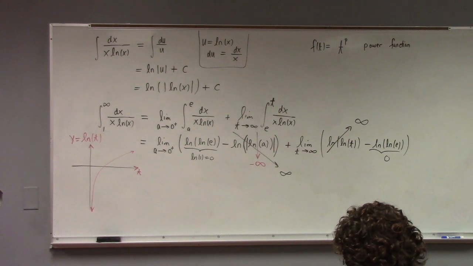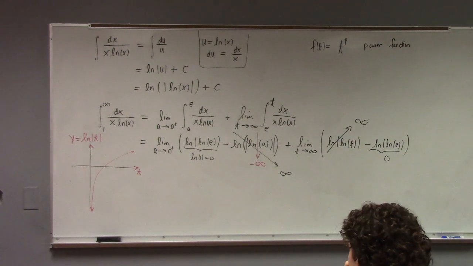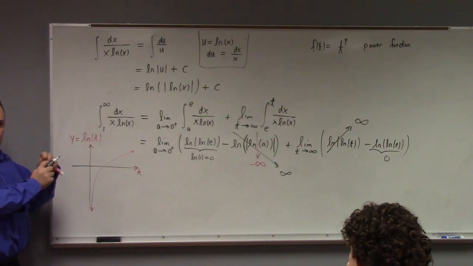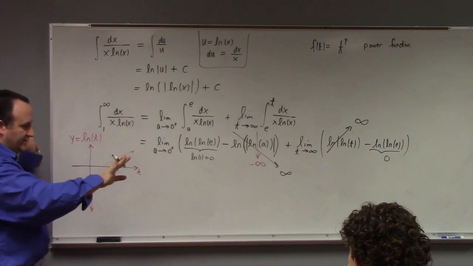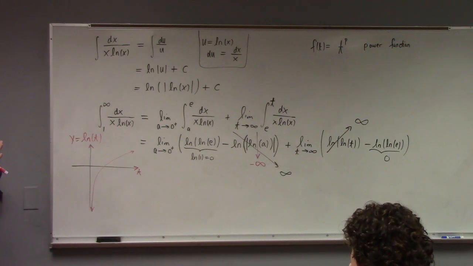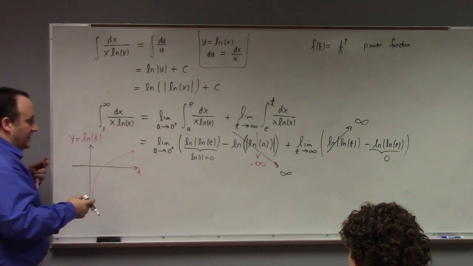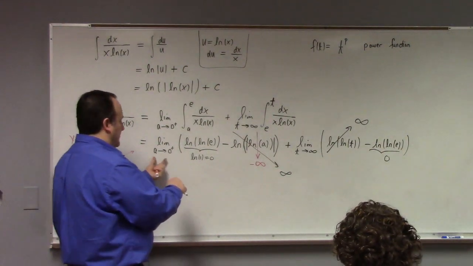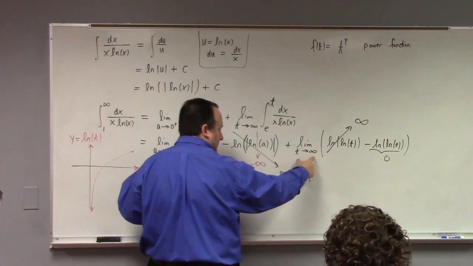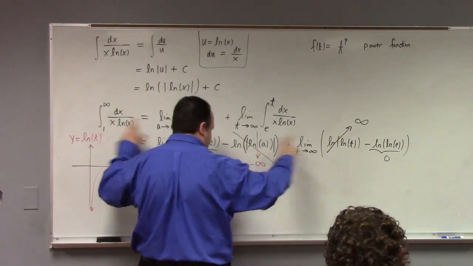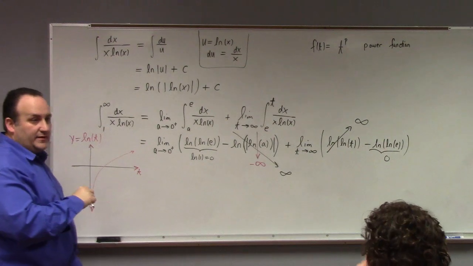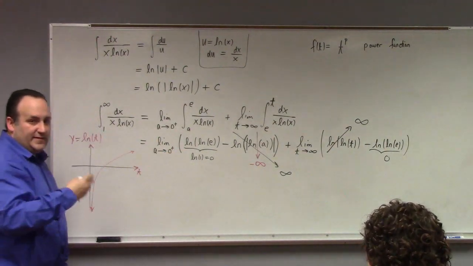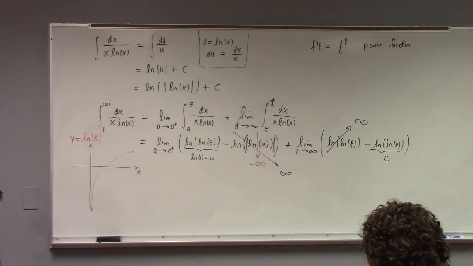It's got both, right? And like I was telling you about last time, when there are two kinds of divergence in a problem, we do not link them and symmetrically approach both, right? The definition in Calculus 2 in standard mathematical discourse is when you have a doubly improper thing, you don't link the limits. I don't somehow try to make this and this go to 0 and this go to infinity in some kind of symmetrical way. They're just disconnected things that are going unbounded. So that piece is going to infinity. This piece is going to minus infinity. In this case, we say the limit does not exist,